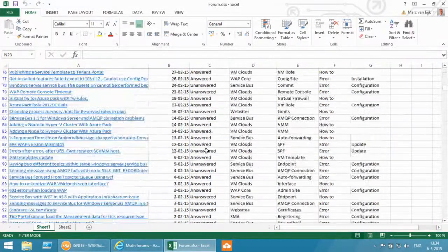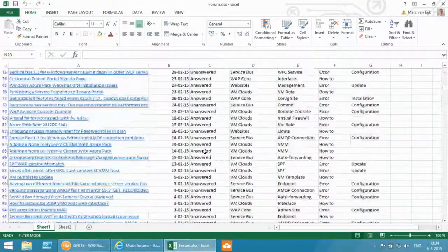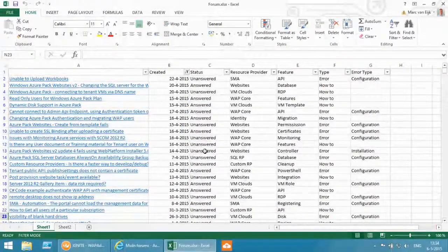And if we scroll down, what I actually did is look at all the items and recorded what day they were created. Are they still answered or unanswered? What kind of resource provider is it related to? What kind of feature within that resource provider? And what type of question is it? Is it a how-to, like, how do I configure something? Or is it actually an error that you guys hit? And if it isn't an error, is it due to an installation, a configuration, or an update that you've done? Now, I spent way too much time on this inventory, but it gives some nice slides when we go back